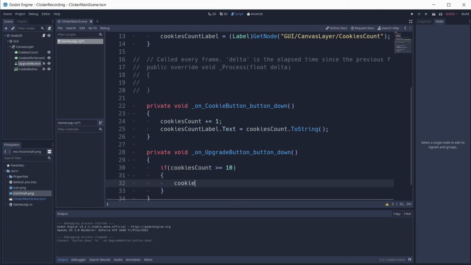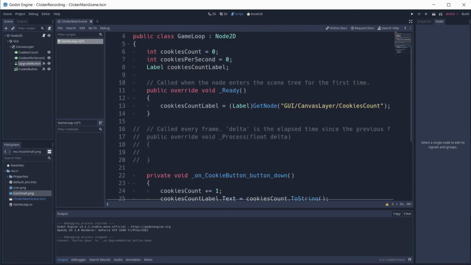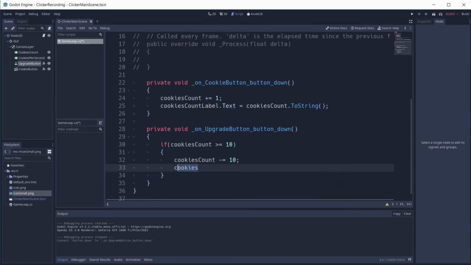If yes, decrease the amount of cookies by 10 and increase the cookies per second by 1. Update the cookies count label.